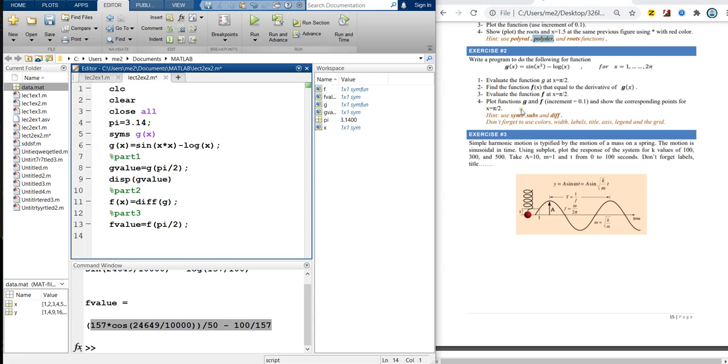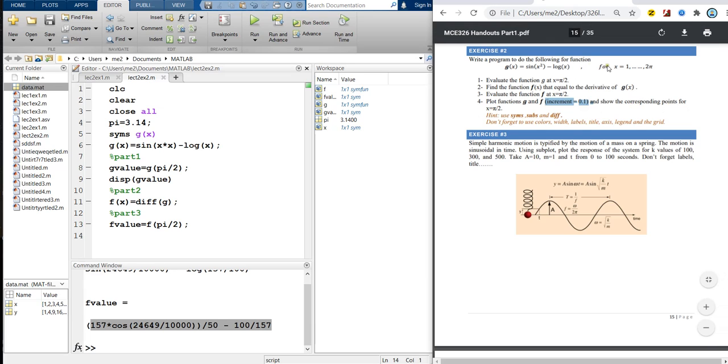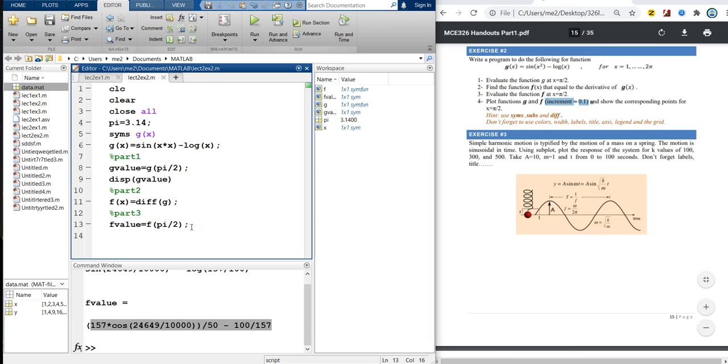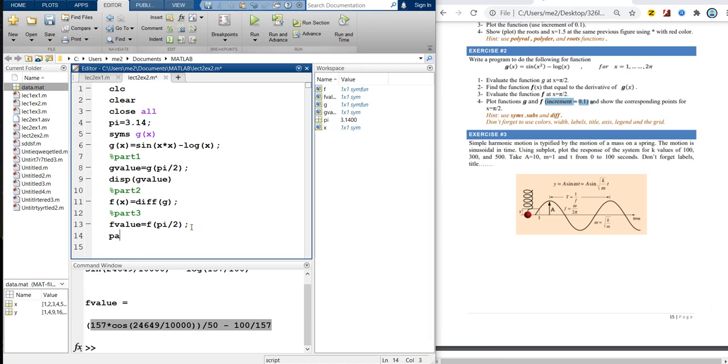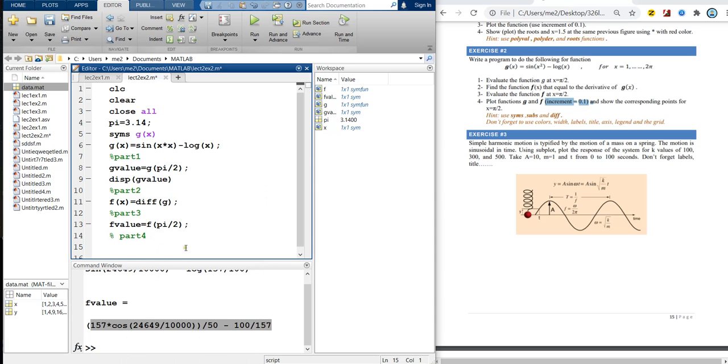number 4, plot function g and f using the increment 0.1 and show the corresponding points for x equal pi over 2. Remember that the values of x should be between 1 and 2 pi. So for the part number 4, we have to write, anyway, double click here, right click, comment. Okay,